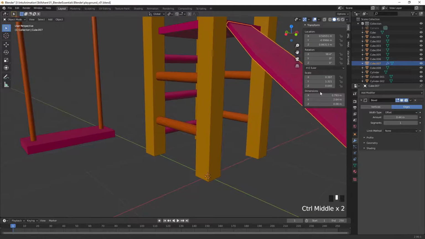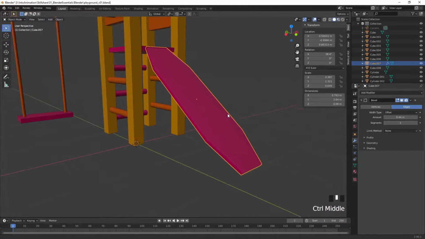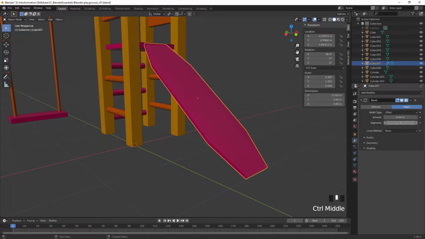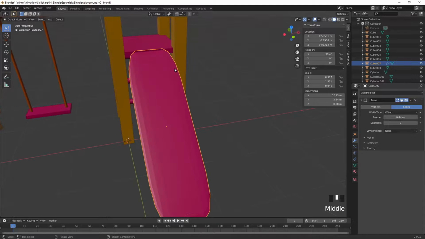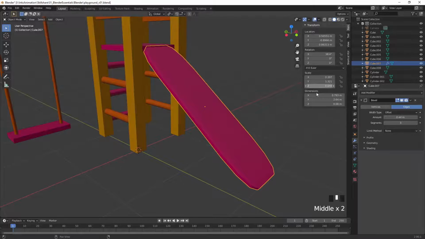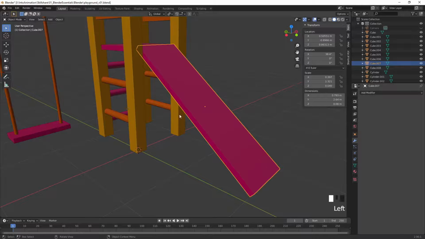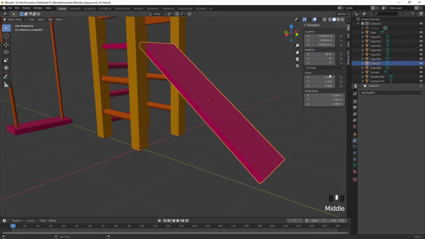That is not the effect that we're going to want, and the reason for that is because of that scale that we added in at the start. And if we round this out, you can see we're actually rounding the edges far more than we want. So these scale values are modulating the effect of this bevel modifier. And so what we can do, I can just hit that little X and that will remove the modifier from the object. Now what we need to do is to reset this scale value without adjusting the shape of the